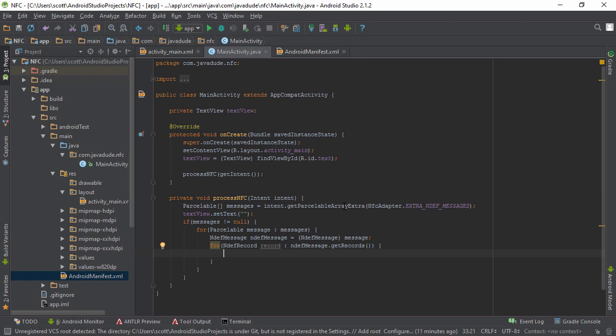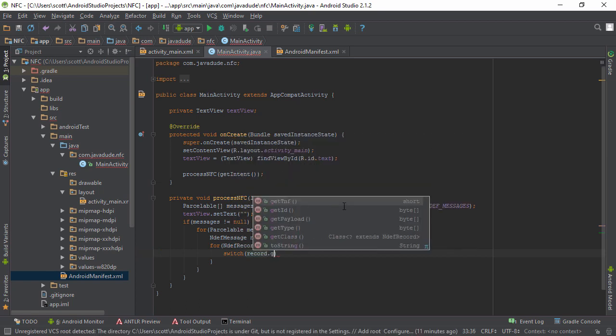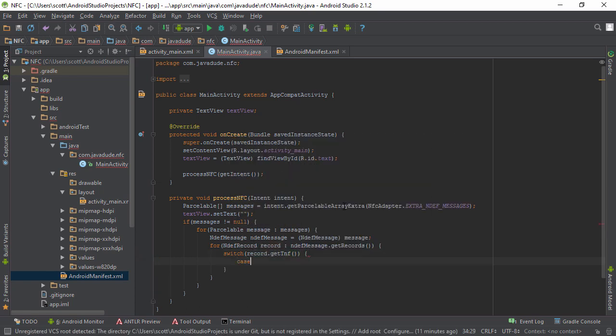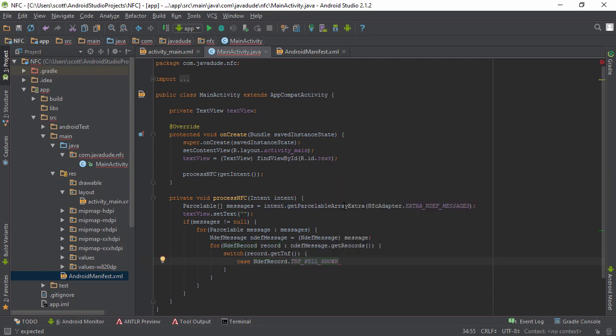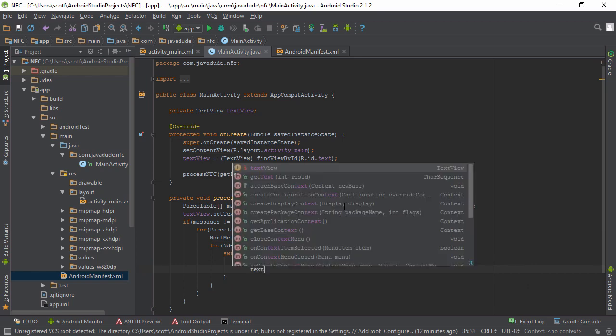The first thing we need to take a look at is the type name format field. So I like to use a switch statement on this. We'll just say switch record.getTnf. And inside there, let's take a look at NdefRecord.TNF_WELL_KNOWN. Well-known TNFs represent a record that's fairly compressed and fairly simple to read for some common types like URI and text. You can get much fancier on this and put your own formatting in it or use some custom formatting. And there's a few older formats that are used that you can also read, but this is the easiest way to look for text or URIs. Let's go ahead and append to our text view